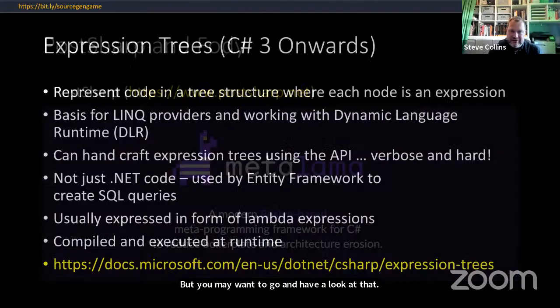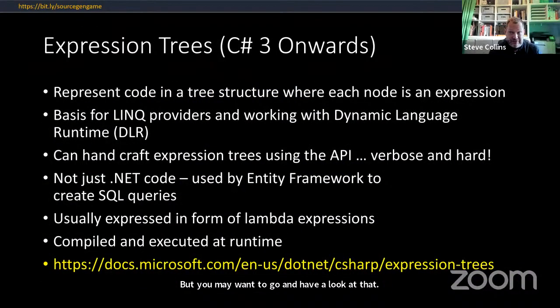So when we got to C# 3, there came along another way of generating code on the fly at runtime, and that's expression trees. Now, these don't really get much attention, but they're incredibly powerful. And they're what underpins something that nearly every C# developer uses these days, and that's LINQ. With expression trees, you can get right down into the weeds and express what you want the code to do in a tree structure that you can examine, modify, and execute at runtime. So your code can actually modify itself and its own algorithms while it's running, which is quite a bit freaky and I'm sure is prone to a lot of errors.